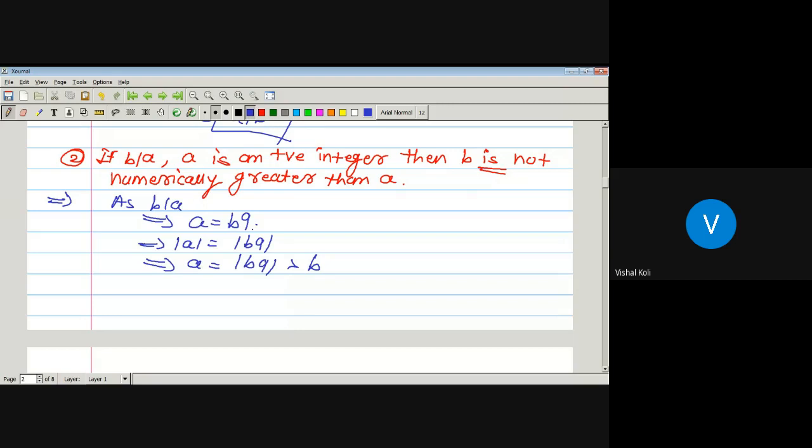Since b is an integer, q is also an integer, whenever b and q both are positive, then bq must be greater than or equal to b. Whenever q is equal to 1, then the modulus value of b is the same as the value of b whenever b is greater than 0. And if b is negative and q is also negative, then negative times negative is again positive, so the modulus value will be the same as bq. So in this case also bq is greater than or equal to b.